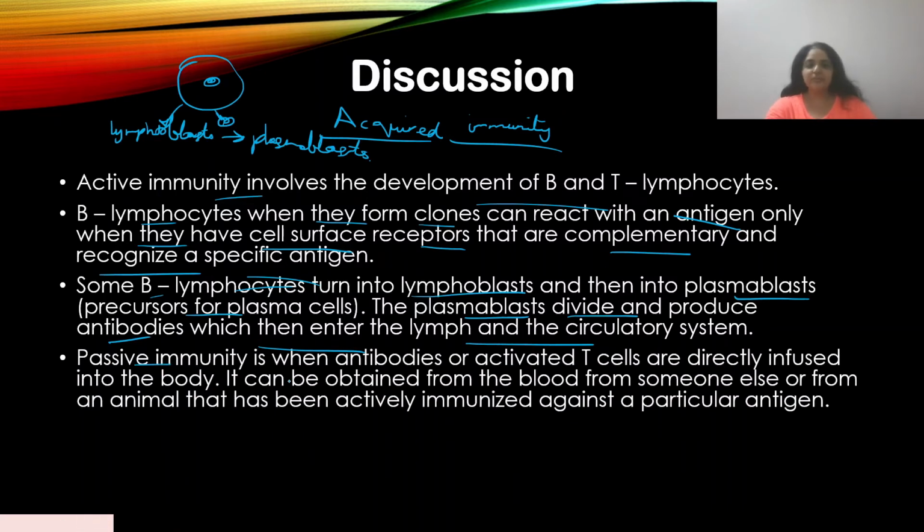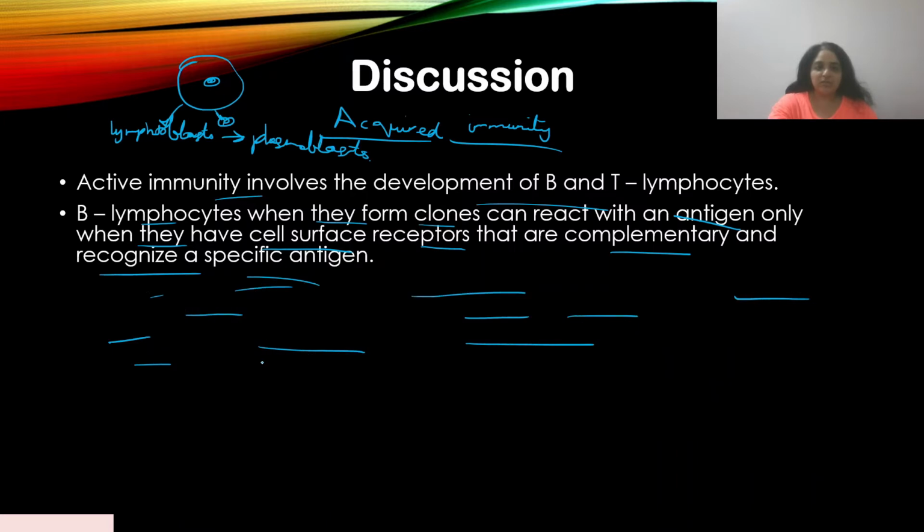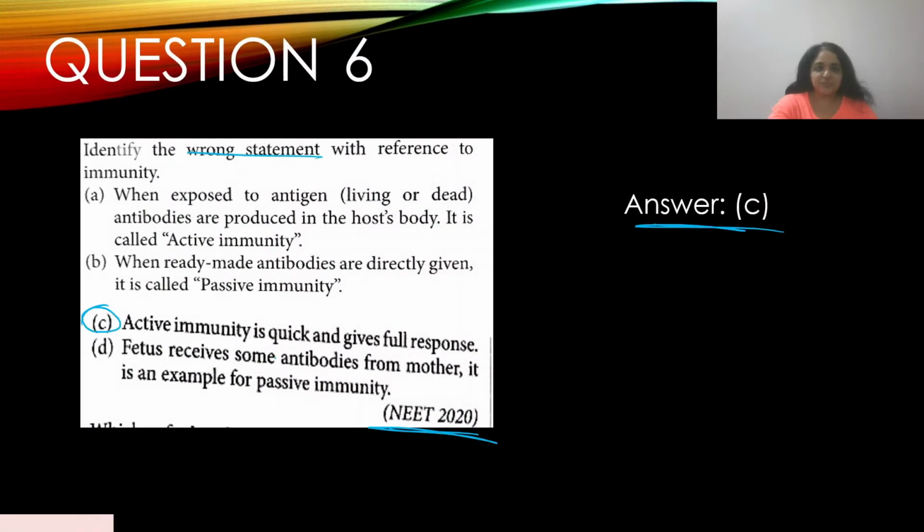Now, passive immunity, okay, this is a different answer. So let's go back to the question first. When exposed to an antigen, antibodies are produced in the host body. It is called active immunity. Like I said, it specifically says antibodies. That is why I have answered this question related to B lymphocytes, because they are the ones eventually responsible for